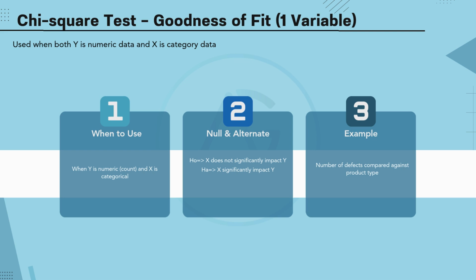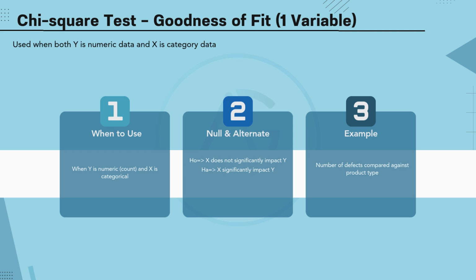2. Null and alternate hypotheses. The null hypothesis, H0, assumes that the observed data fits the expected distribution. In other words, the categories have no significant effect on the outcome. The alternate hypothesis, HA, proposes that the observed distribution is significantly different, suggesting that the X categories do influence the